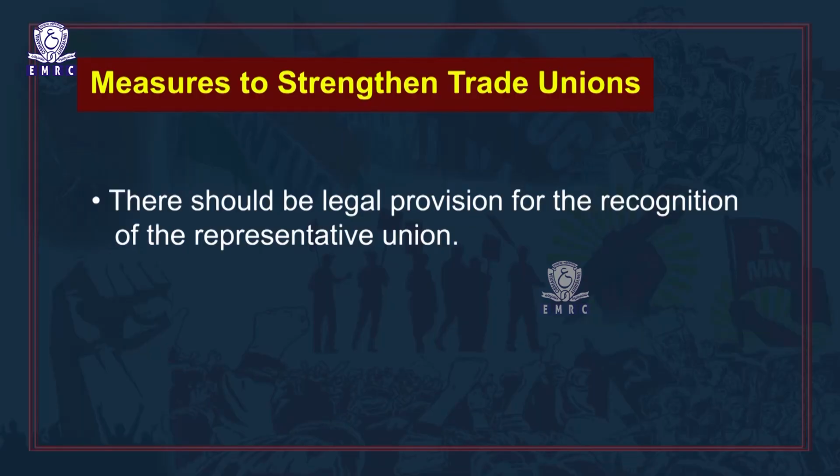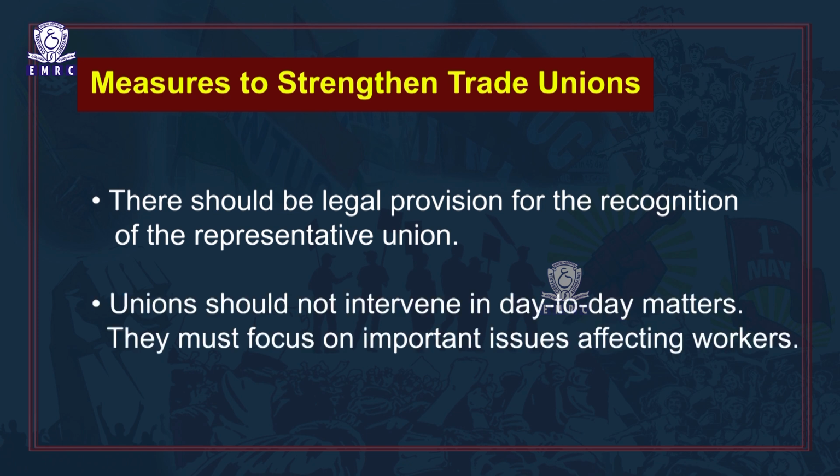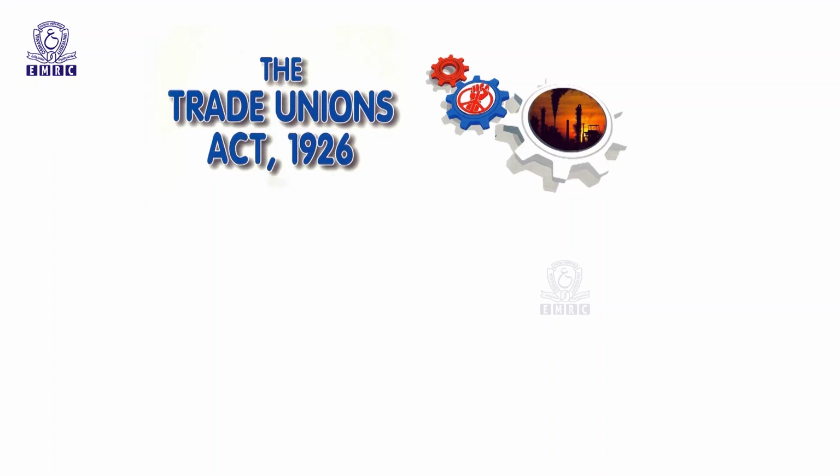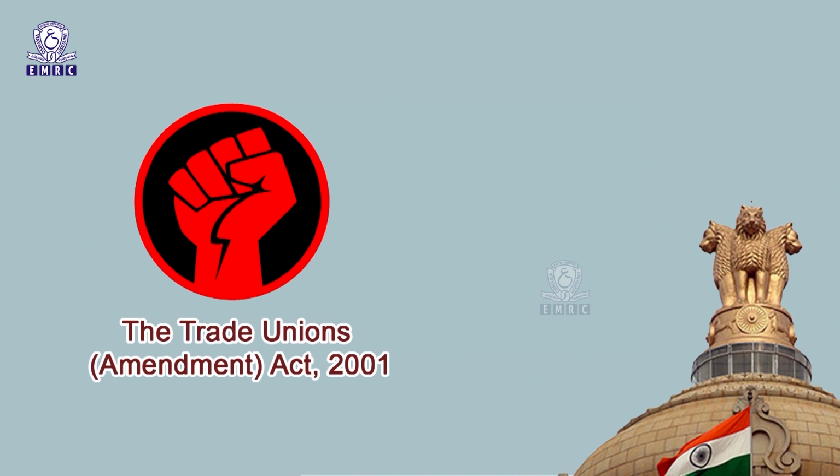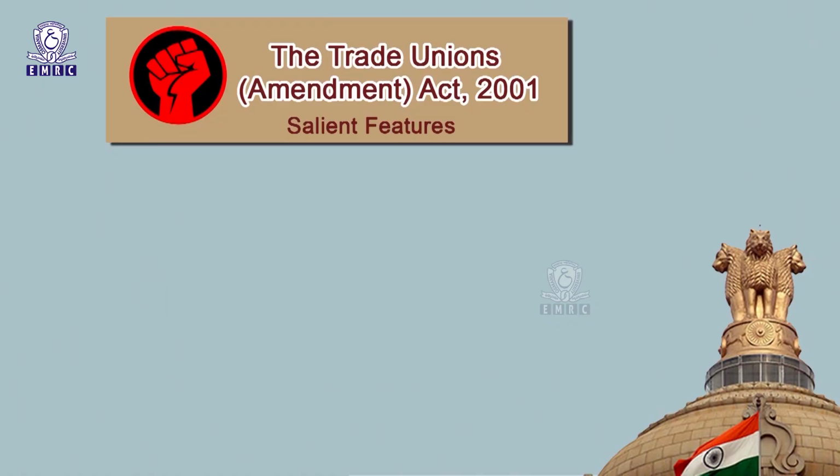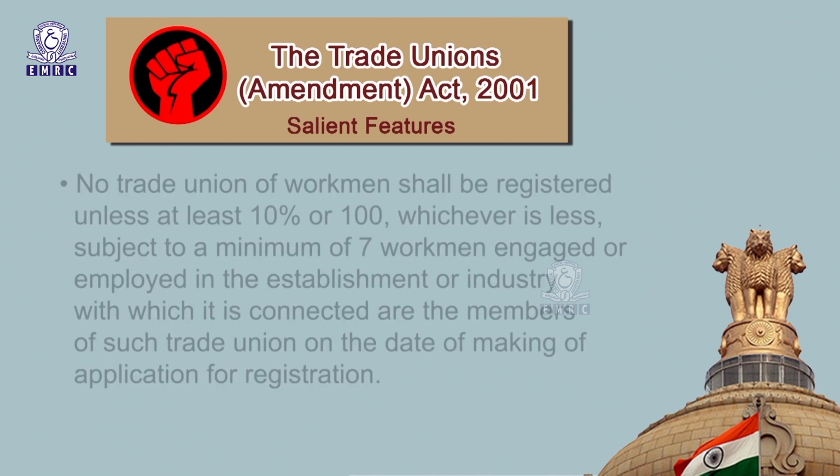There should be a legal provision for recognition of the representative union. Unions should not intervene in day-to-day matters. They must focus on important issues affecting the workers. The Trade Unions Act 1926 has been amended from time to time, the most important being the Trade Unions Amendment Act 2001. This act has been enacted in order to bring more transparency and to provide greater support to trade unionism in India. Some of the salient features of the Trade Unions Amendment Act 2001 are: